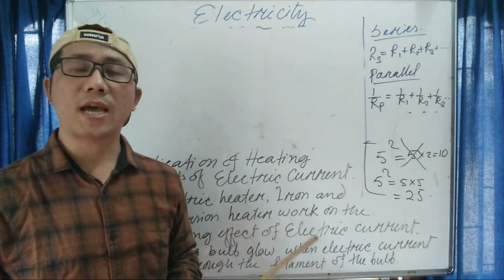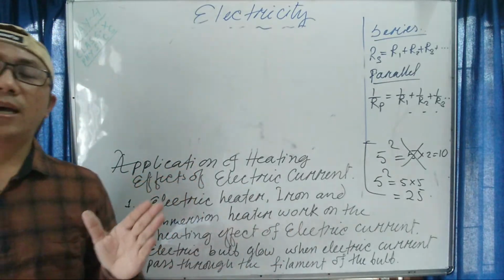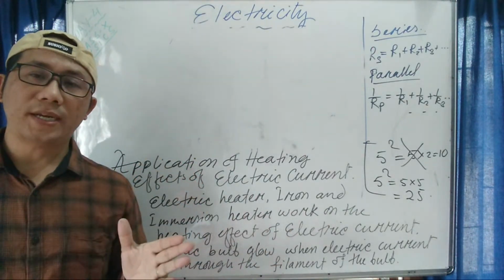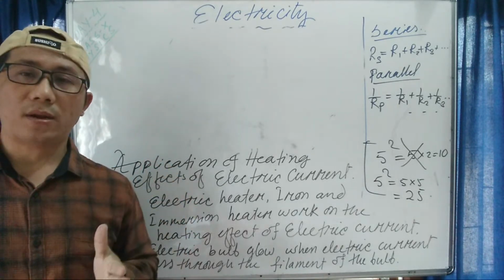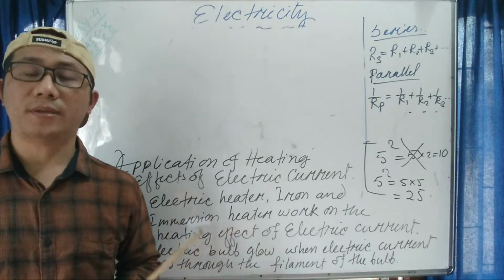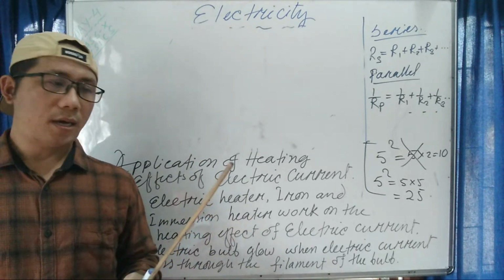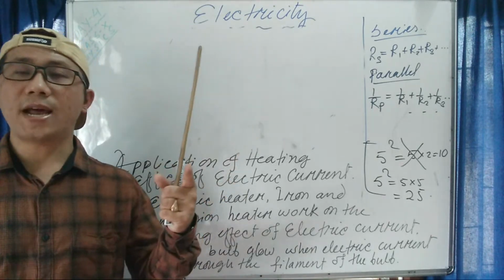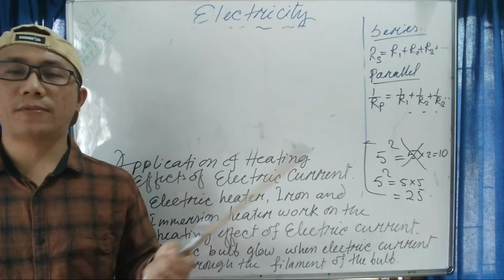We use the fuse wire made of an alloy with a low melting point. Why? Because when a short circuit happens, when the positive terminal and negative terminal join together, or due to a leakage somewhere,